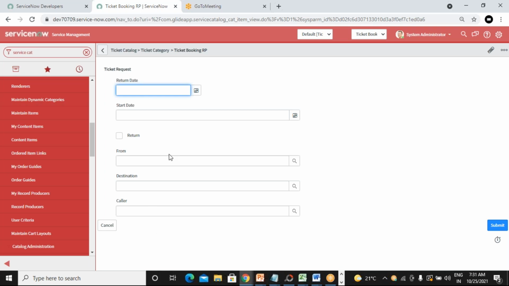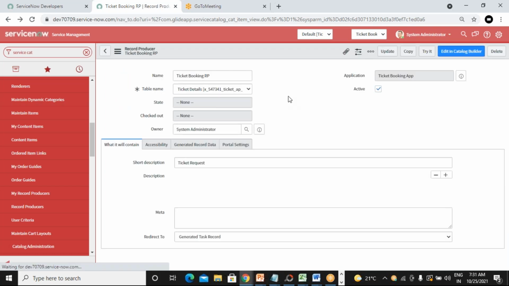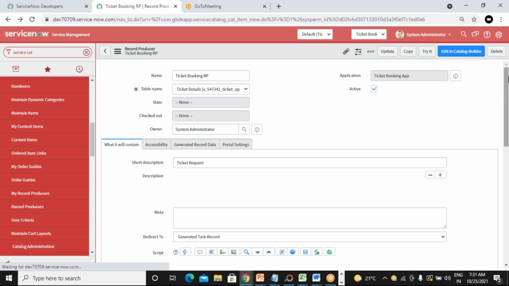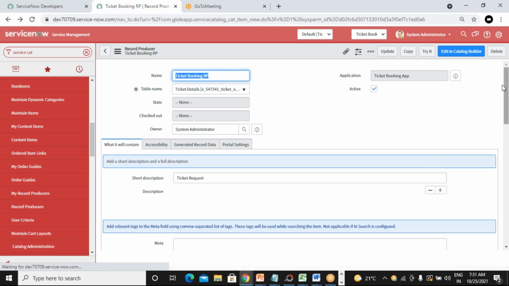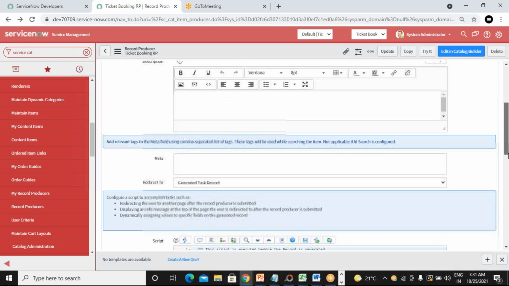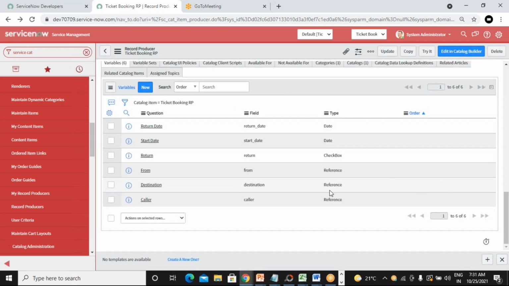If you want to change the variable order, you can go back and change it. Here you can give the order number so that it displays in a specific order. Here is the order column, or while creating a variable, the order option is there, right? So there also you can configure it.